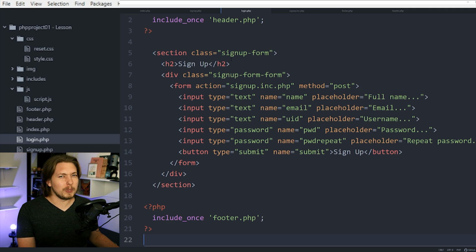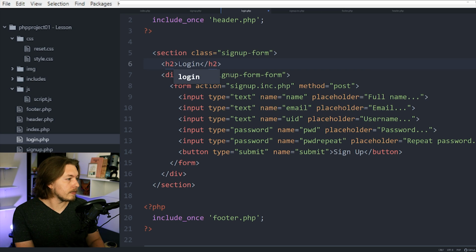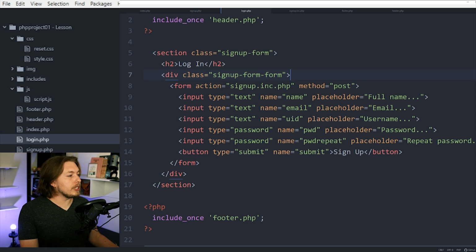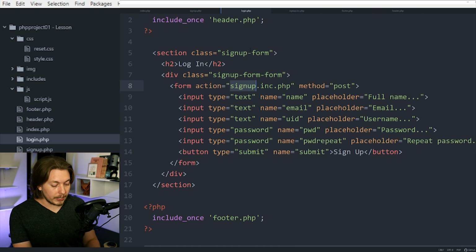And I'm just going to change a few details here. So instead of it saying sign up, I just want it to say login. Is that two words? We'll just go ahead and put in two words for now. Now we do need to change a few things here. We need to change the action inside the form, because when we log into the website, we don't want to run the same PHP script as when we sign up inside the website. So what I'll do here is I'll say